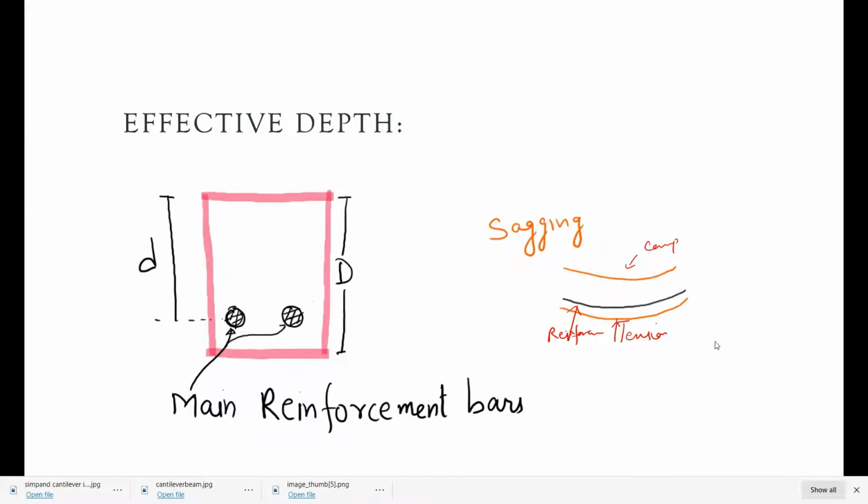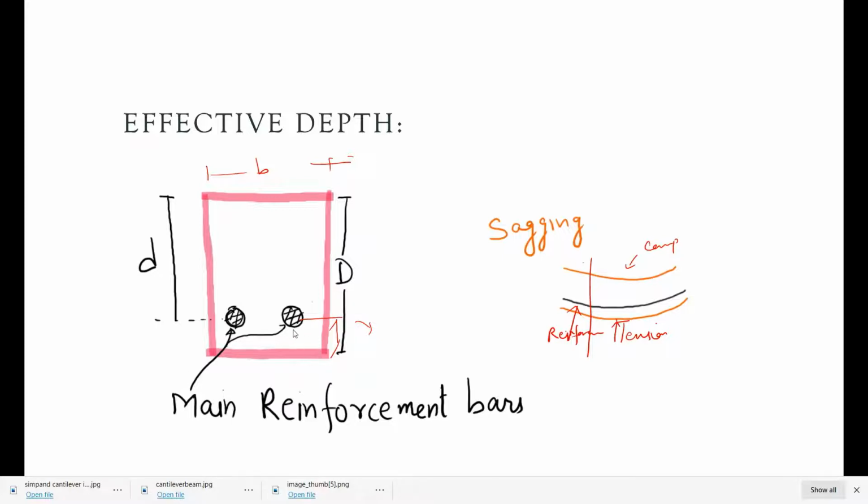When we cut at any cross section, we see a width of b and a depth of d, and a reinforcement bar shown in black, at some distance from the tension fiber.